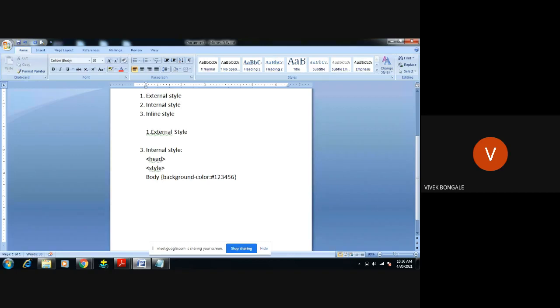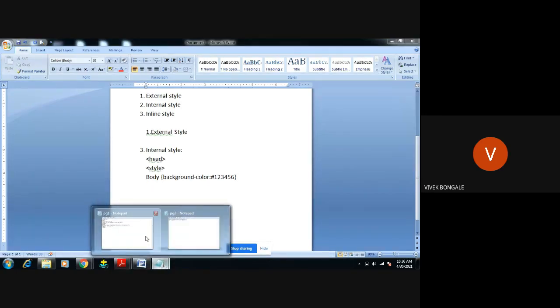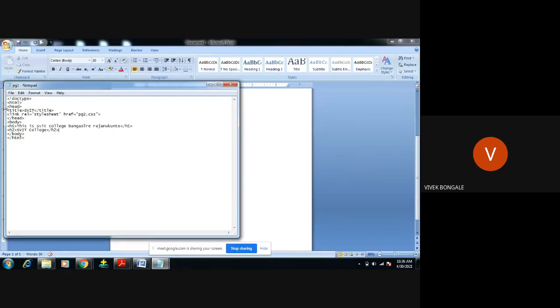Oh sorry, I will write directly in the notepad only, the same program. I close this in the head part. We have to use the style. Under this style, we have to give the CSS tags, body, followed by background color.